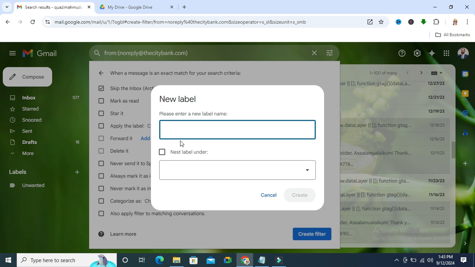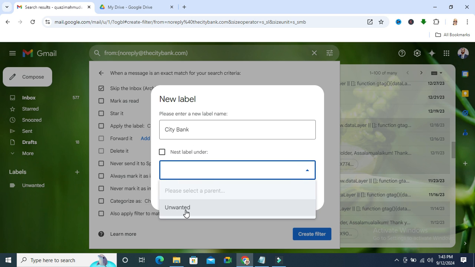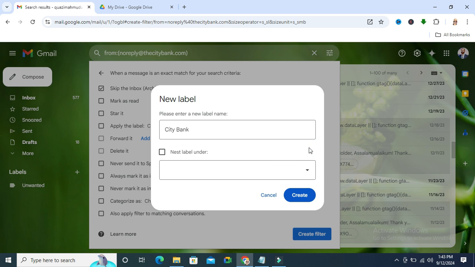Type the name of the label. I'm typing Citibank, and if you want you can keep this label under another label. You can select the label from here. I am not selecting it. Now click on create,